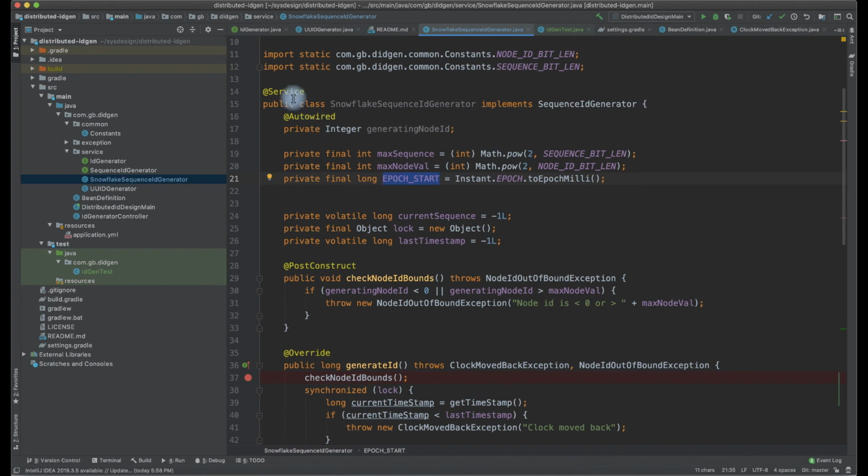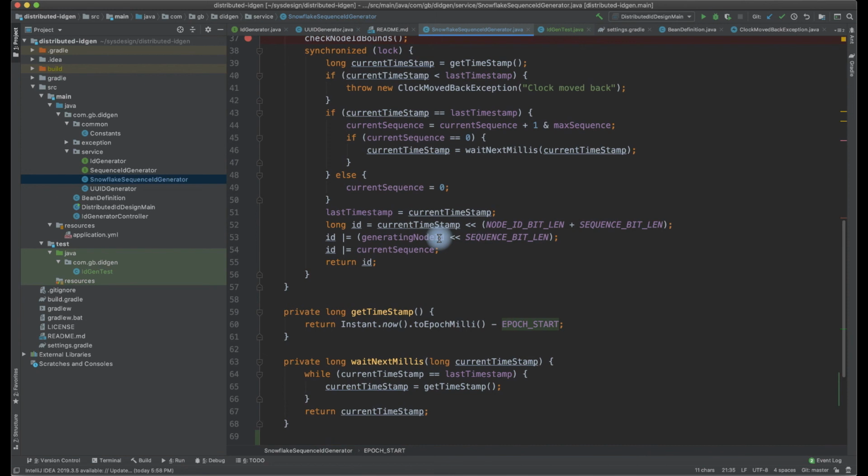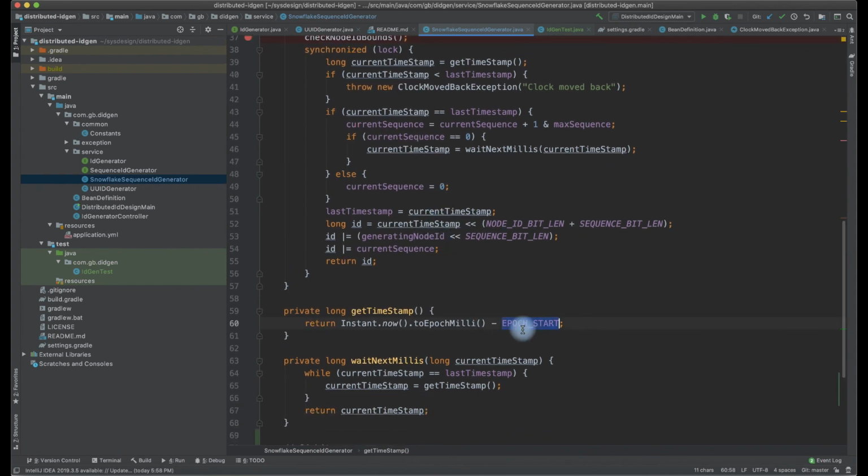This is a singleton object, and I am subtracting the startup time from the current time when the request came. So it means that we will end up having a number which is a little smaller in value. We ensure that the clock has not gone back. I'll tell you how we are ensuring the clock is not back as well. We are going to generate IDs whose time will start from the current time, not from the previous clock. The clock is not moved back.